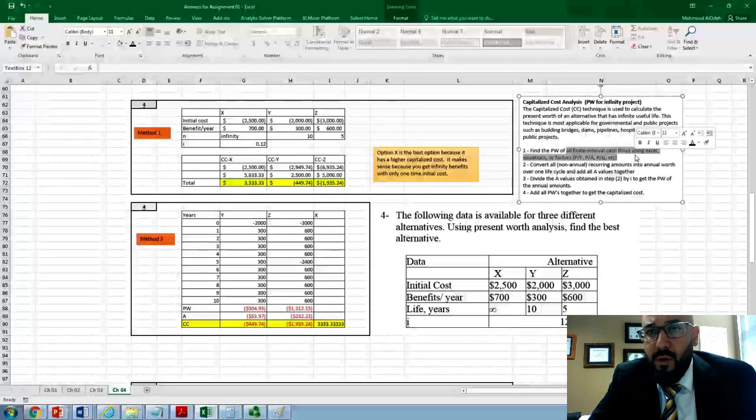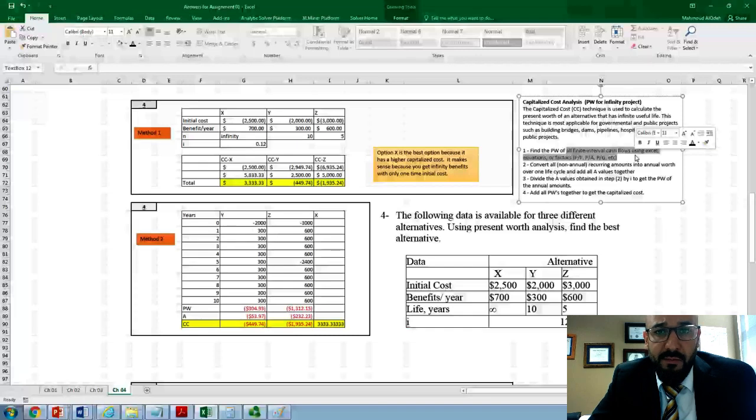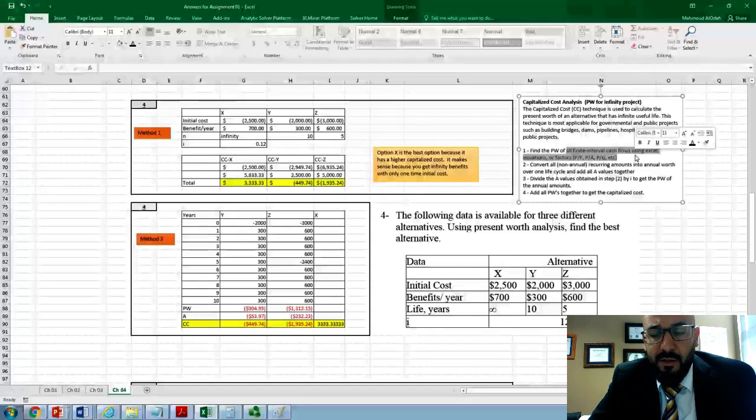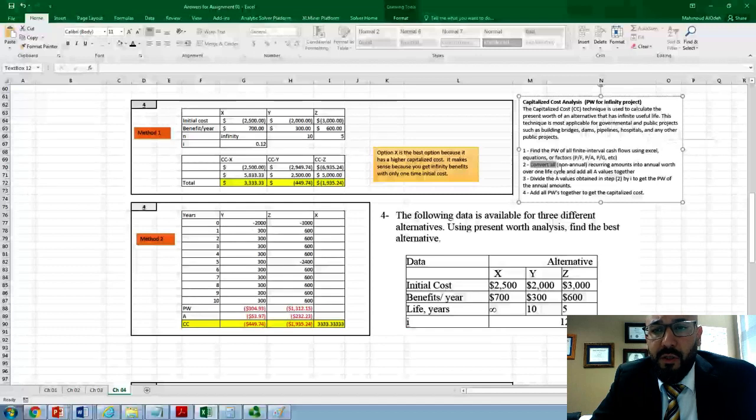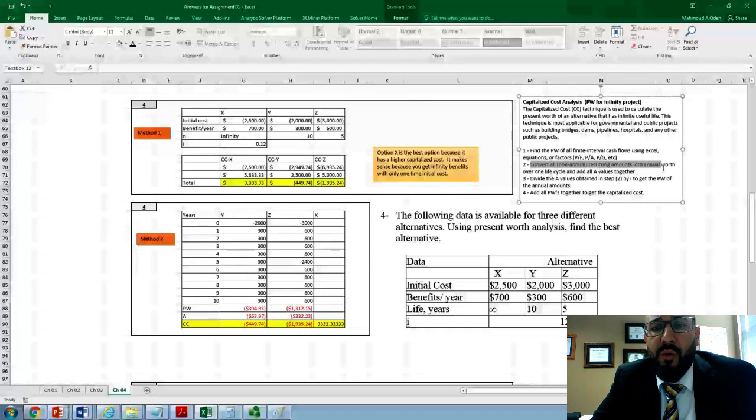This is the technique that I would like you to use, using Excel, the function PV. And then number 2, convert all non-annual recurring amounts into annual worth